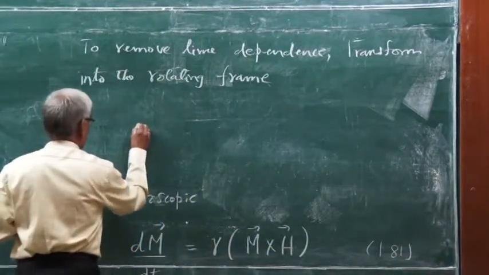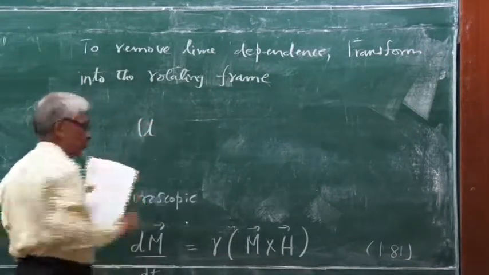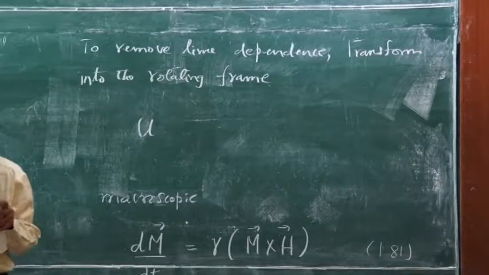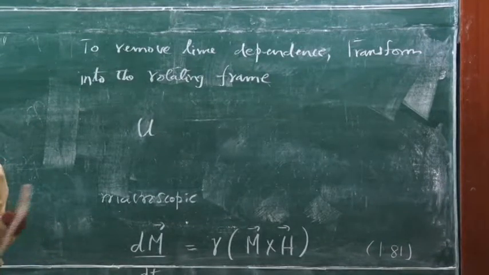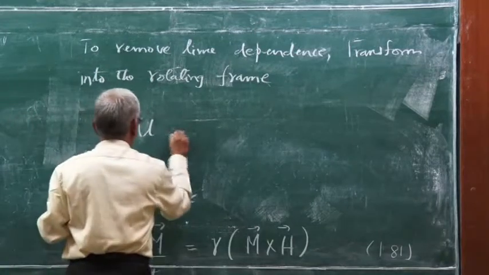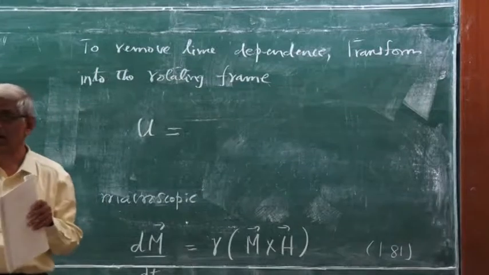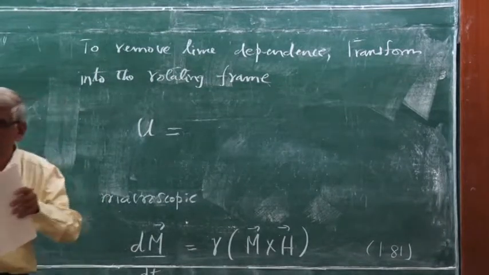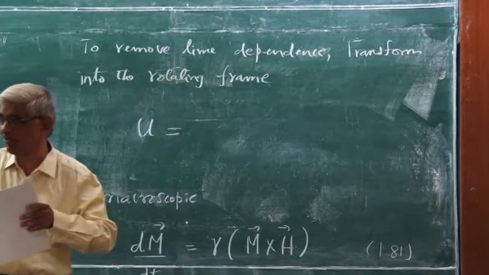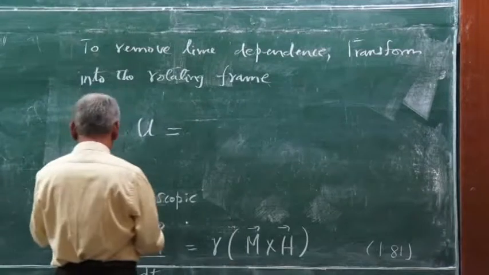We define these entities, two other components of magnetization. These represent now magnetizations in the rotating frame. So the U is the component of magnetization in the rotating frame along the RF axis. Rotating frame means you sit on the RF, no? That's what the rotating frame is. Sit over the RF, that's why you are stationary there. So we call U as